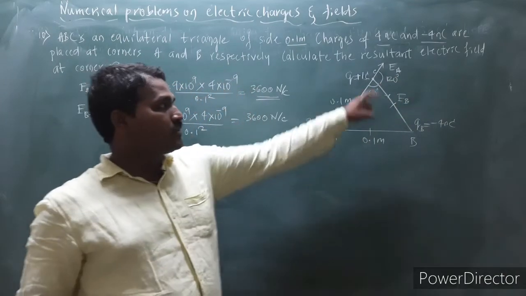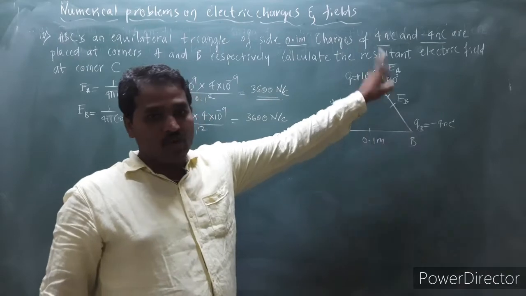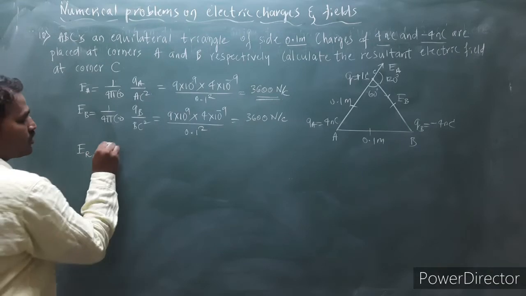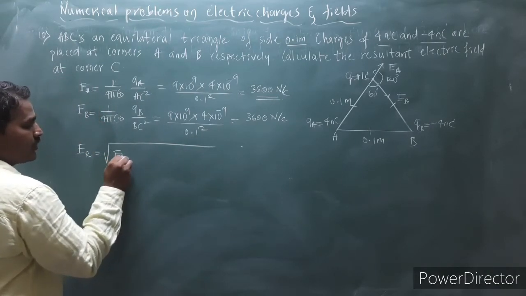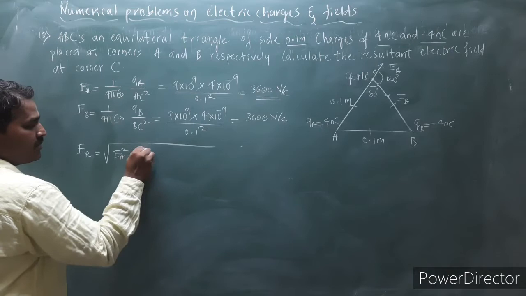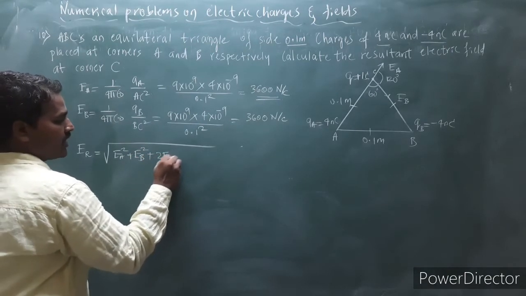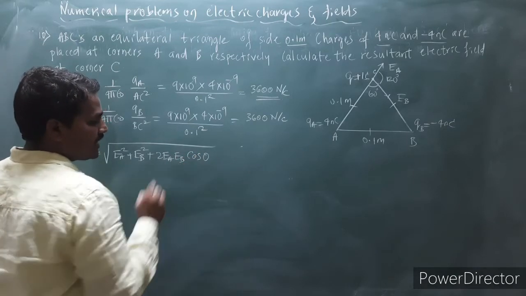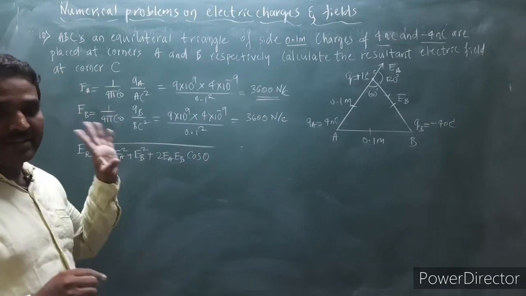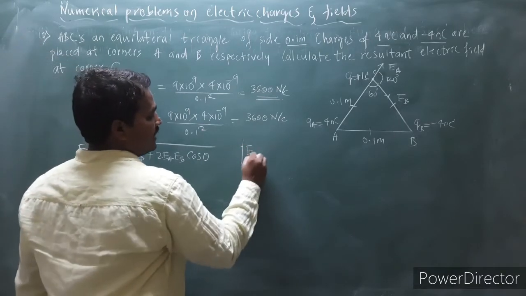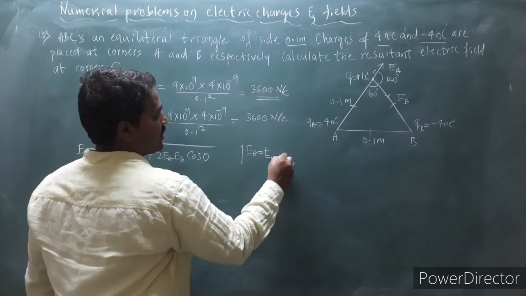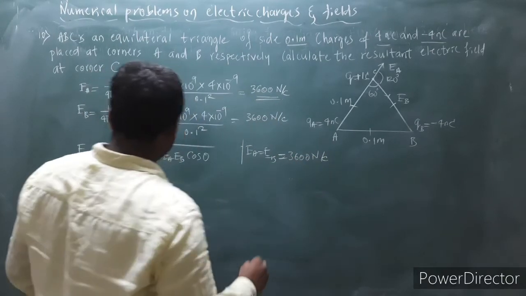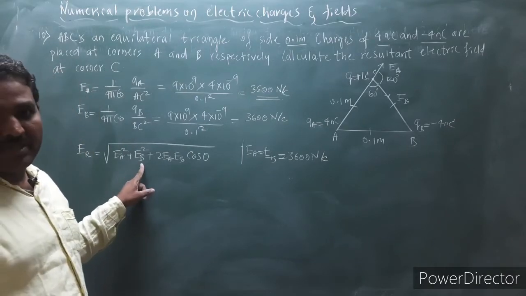120 degrees. So these two electric fields are acting at an angle of 120 degrees. So I have the resultant formula, that is equal to what? ER is equal to square root of EA square plus EB square plus 2 times EA into EB into cos of theta, where theta is the angle between the vectors EA and EB. Okay, and it is clear that EA is equal to EB, because both values are the same, which is equal to 3600 newtons per coulomb. So just replace this EB by EA.